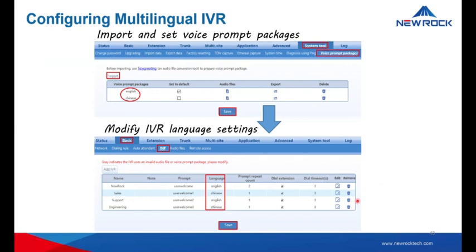After that, you can also configure a multilingual IVR. As mentioned before, with our TeleGreeting, you can import voice prompt packages. So it could be English, Chinese, or it can be from Thailand. So you can also do the voice prompt packages upload just using our TeleGreeting. Then if you have uploaded already, you can modify the language. So I want to use English. This is for default Chinese. And if you want to have the other one, if you have from Thailand, you can also select your language here.